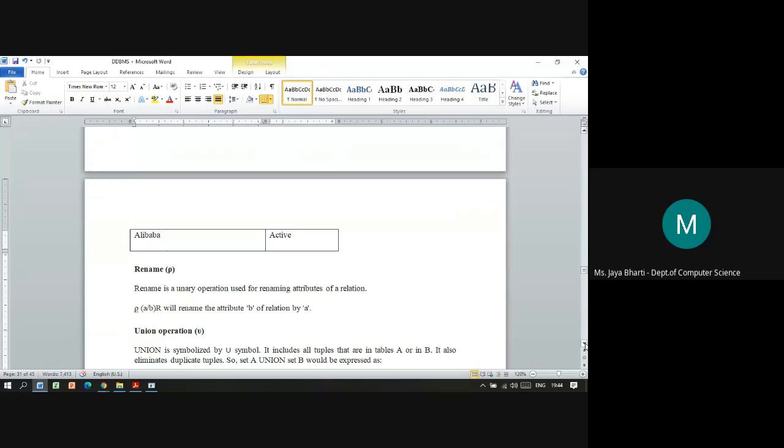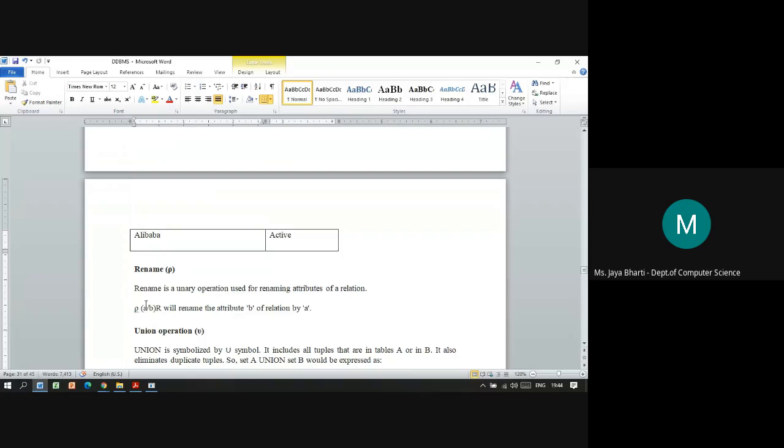In such a scenario, we rename that particular attribute with a shorter name, so that if there are lengthy or complex queries, we will be able to write them fast. So rename is a unary operation used for renaming the attributes of a relation.